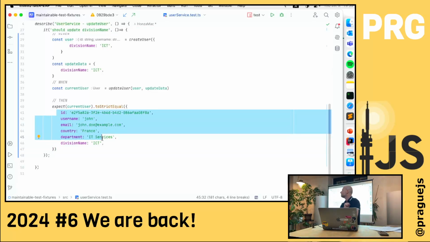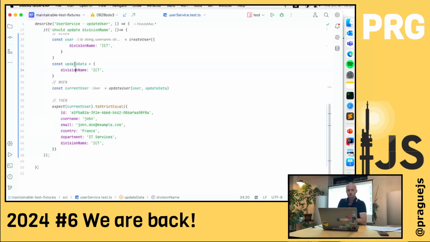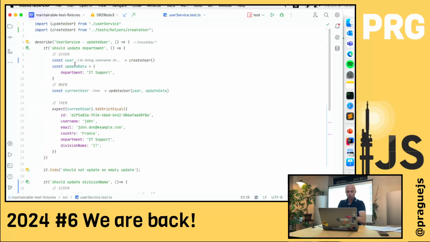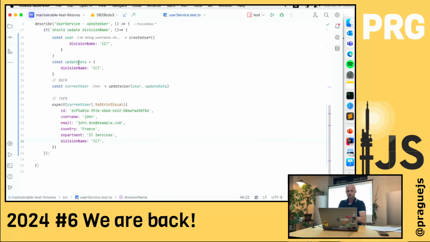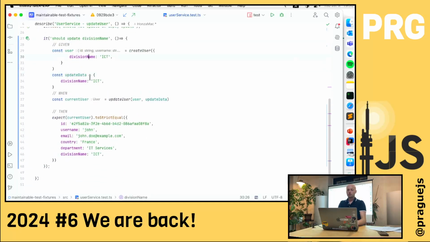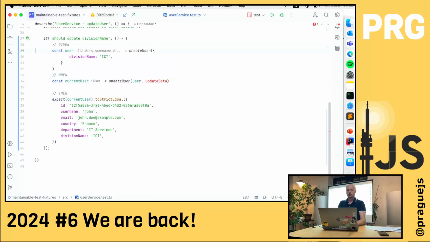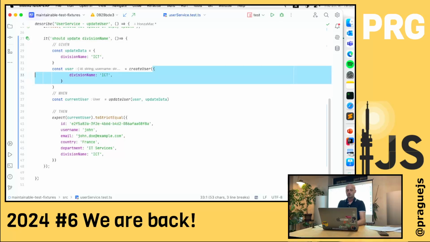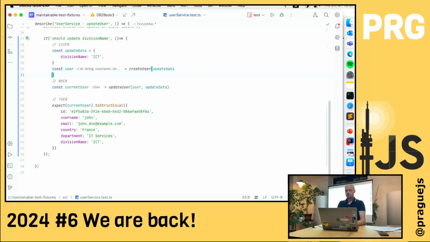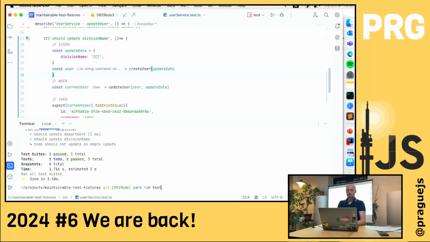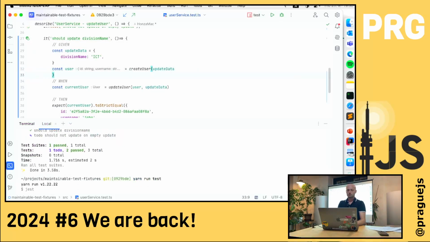Yes. Small fix, you have to change the division name and update that data. You have ICT everywhere. But I don't have it here. It doesn't matter. This will create user with division name ICT. Okay, so I can maybe do it this way. Let's see.